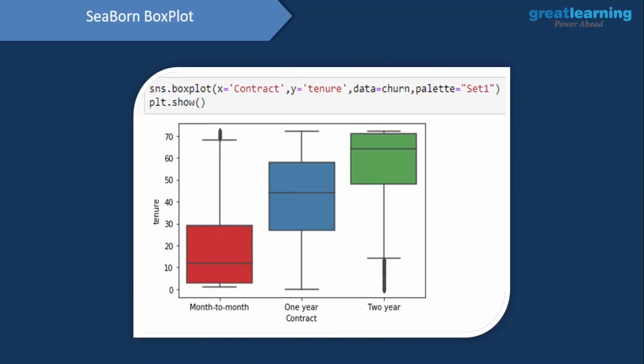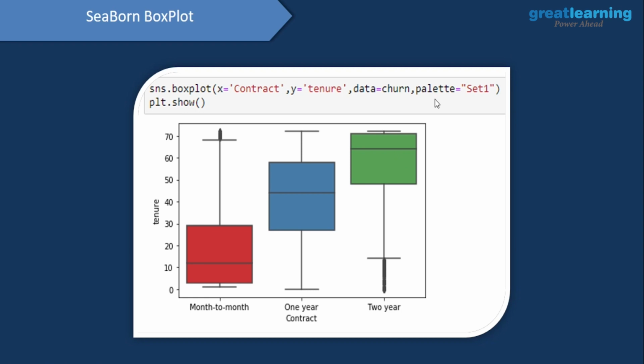Now we'll go ahead and make another box plot between the contract column and the tenure column. Tenure column would go onto the y-axis, contract column would go onto the x-axis, and we can have three different types of contracts: month-to-month contract, 1 year contract, and a 2-year contract. And if we look at the tenure of it, so let's actually look at the median values of the tenures. So it seems that if the contract is of month to month, then the median tenure is the lowest. Similarly, if the contract is of 2 years, then the median tenure is the maximum.